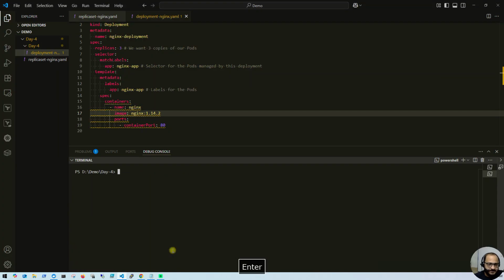So let me clear it and let me run this command, kubectl rollout history deployment, which is nginx deployment. Actually, we are not able to see revisions or changes caused here because Kubernetes does not automatically save these changes. We have to specify them through our annotations. So if I go back here,